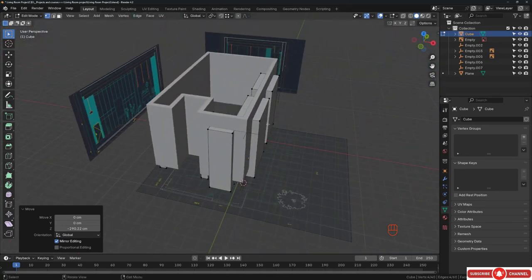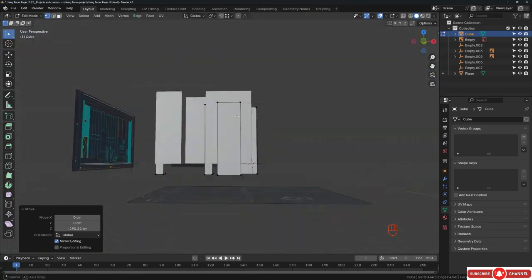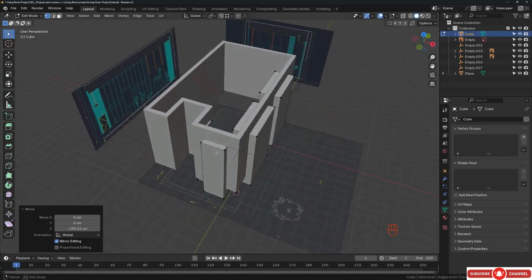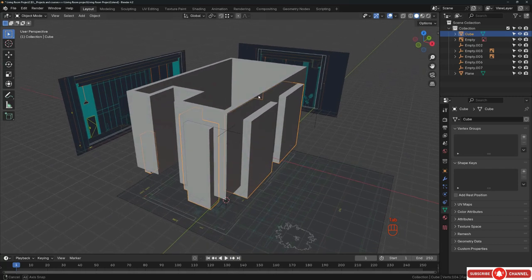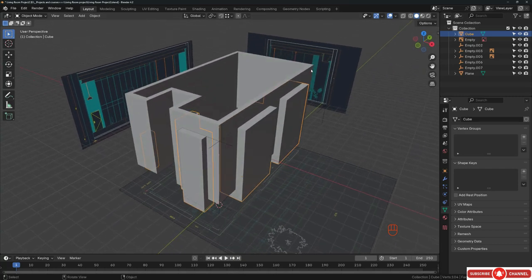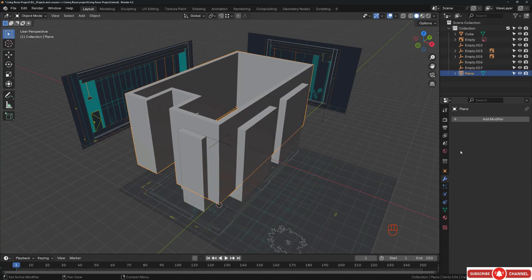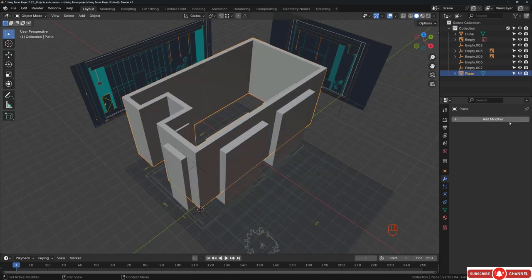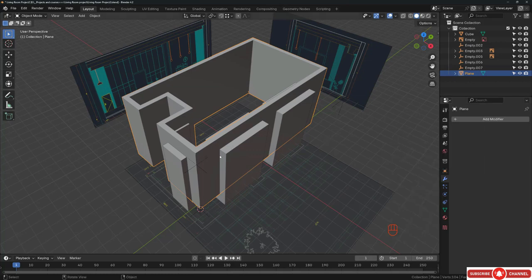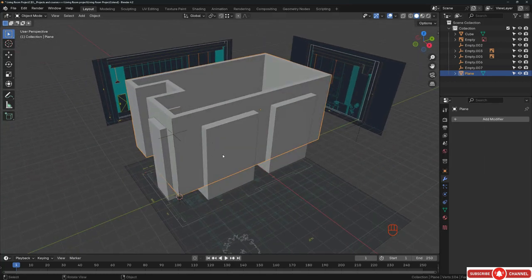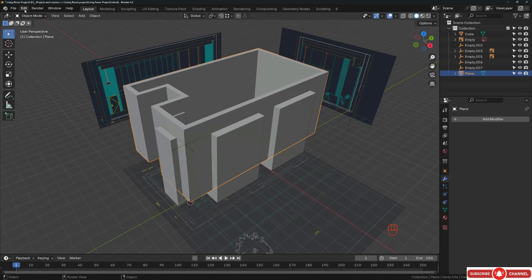Cool. Alright, now all we need to do is open this area. So let's see how that will work. Now let's tab out, and you can use the Boolean operation here. If you go right here we have the Boolean operation. We can use this modifier to open the windows, or you can go to the edit and then preferences,